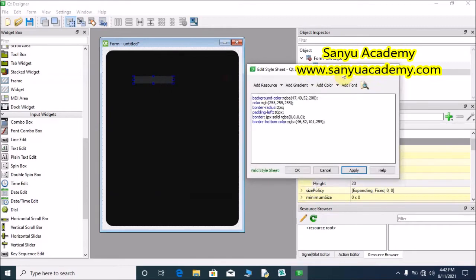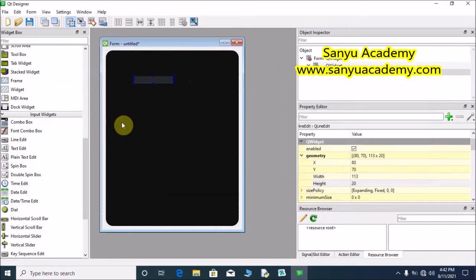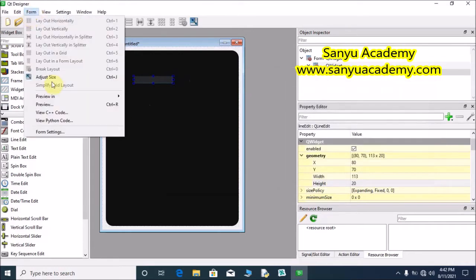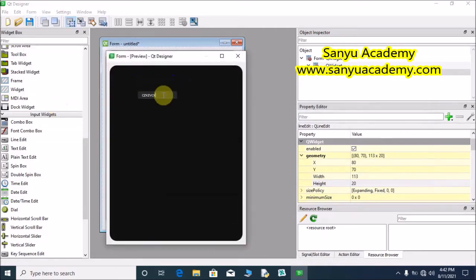Now we can see the bottom border is in a different color. Next we are going to provide the padding for the bottom also. Now we check the output, give OK, go to form, preview. Now we can see the text is coming.